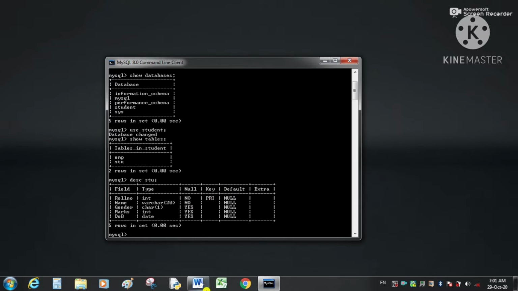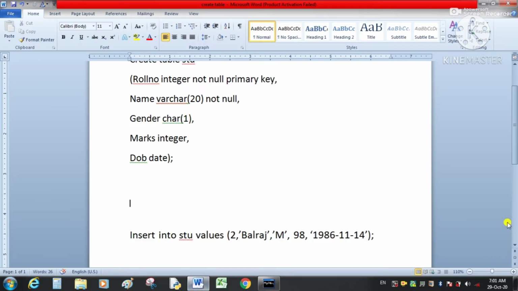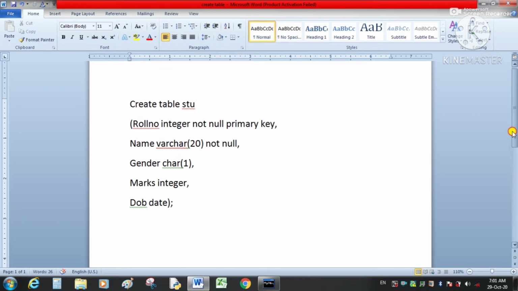I will show you the command which we have used to create this table. Create table stu, after that bracket, the name of the column and its data type. Here we have used two constraints on this column roll number. Not null means we cannot enter a null value for the roll number, and primary key means we have made this roll number our primary key.